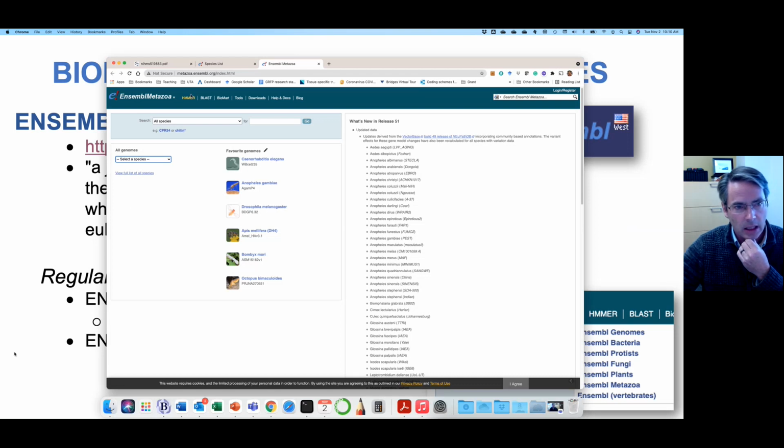This is in the main Ensembl Metazoa, but you can also look at bacteria, protists, fungi, plants, and so the regular Ensembl is the vertebrate one. But if you're interested in or working in some of these other groups, you can go use that specialized Ensembl site. And a lot of the tools overlap,